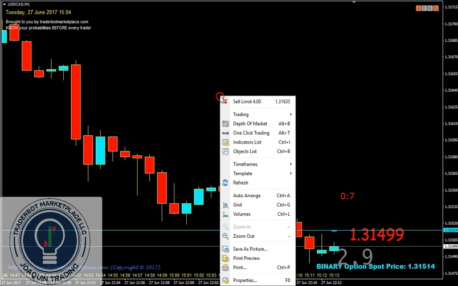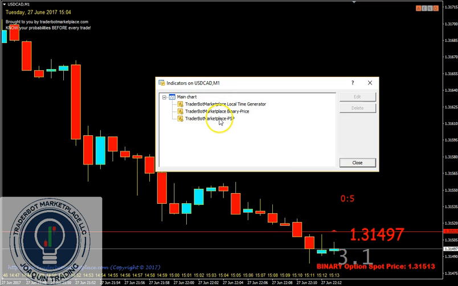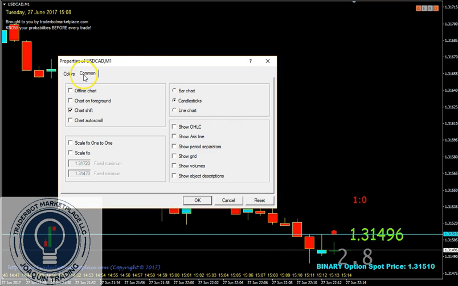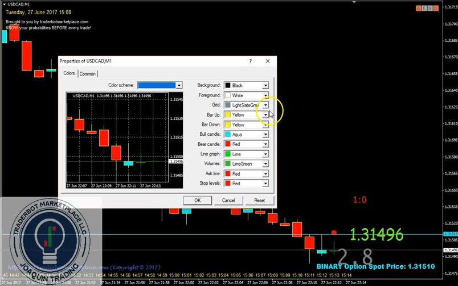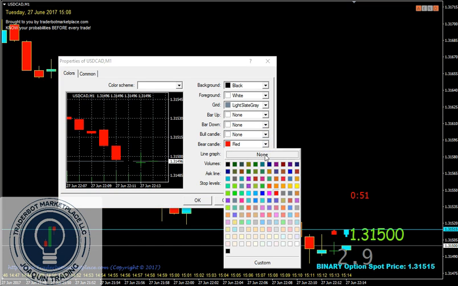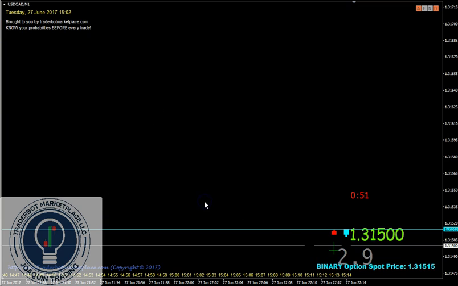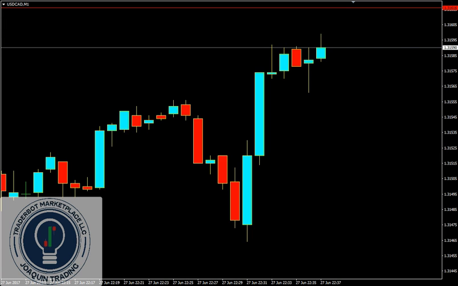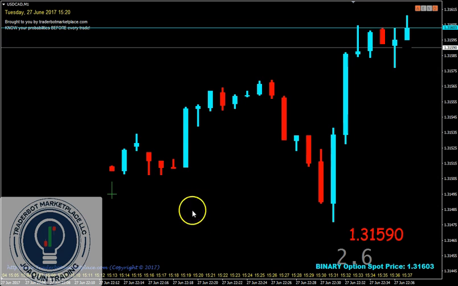Now, what we're going to do now is we are going to get rid of the bid price by going into MT4 and just making everything disappear. Now, there we go. Now let's see what happens after a few minutes. Okay, it's been a few minutes. Here is your chart. This is the bid price on MT4. Here is the binary options price.